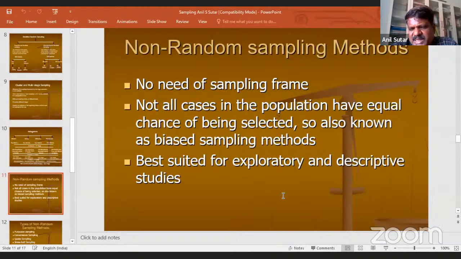That is how we say that these are best suited for exploratory research studies. And there are other issues also, like as I told you, when the population is hidden, when the population is undocumented, then non-random sampling methods are the best methods in research.